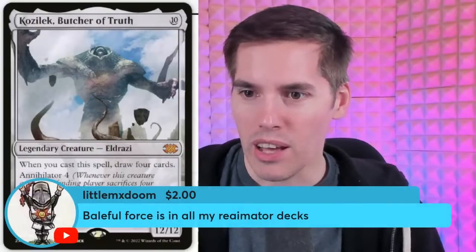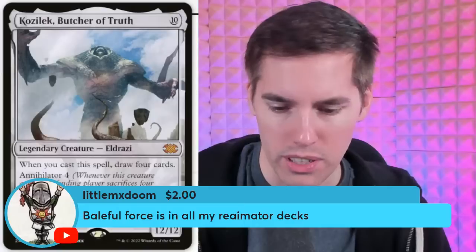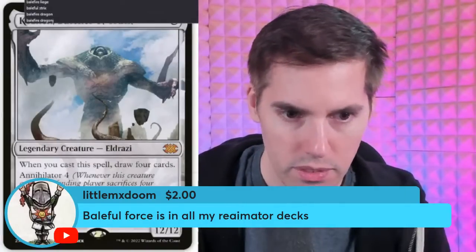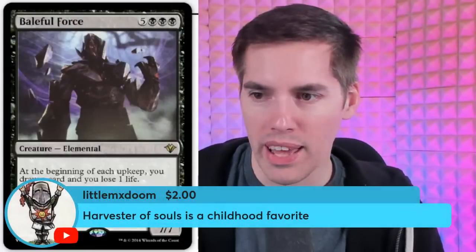Okay, next up, we got Lil MX Doom with Baleful Force. Oh, I've done this one. Boop. It's in all your Reanimator decks. 8 mana for a 7/7. At the beginning of each upkeep, you draw a card and you lose 1 life. That's terrible. What is this, Phyrexian Arena on turn 8? And if this is what you're reanimating, well, I guess...